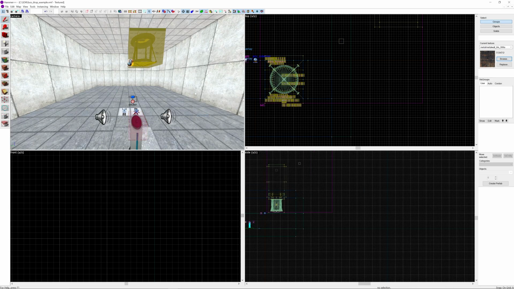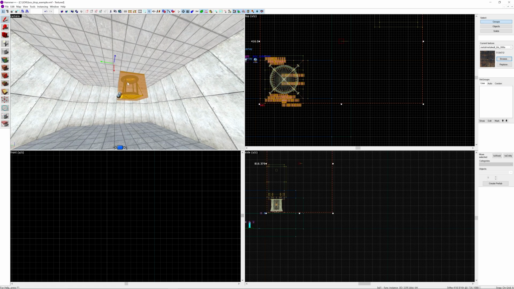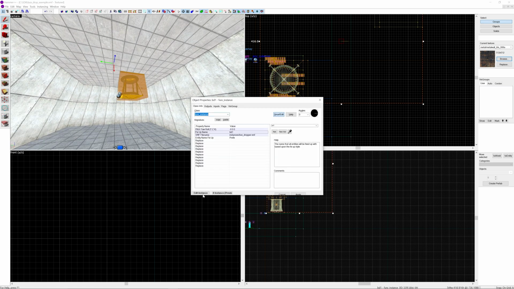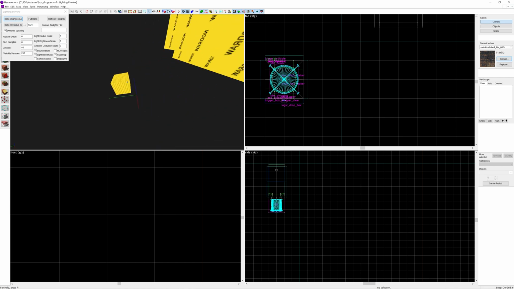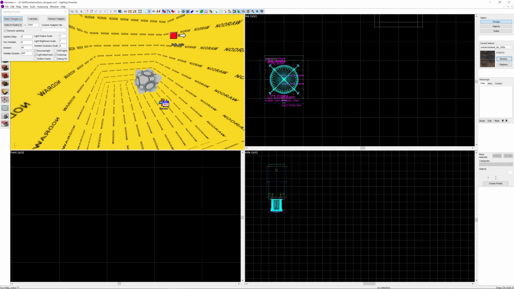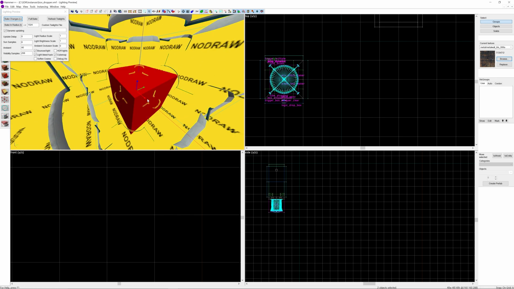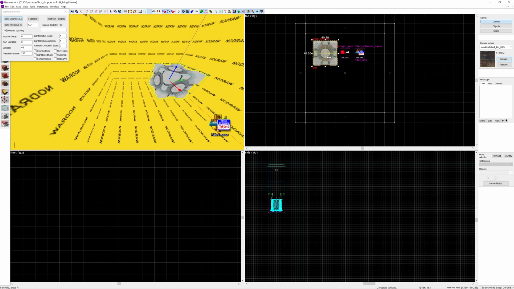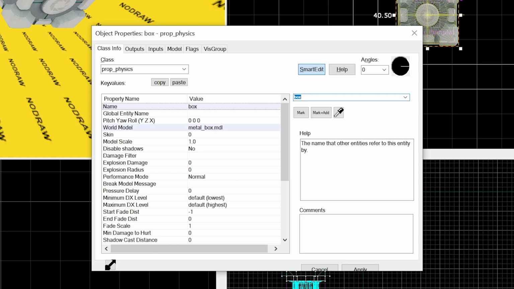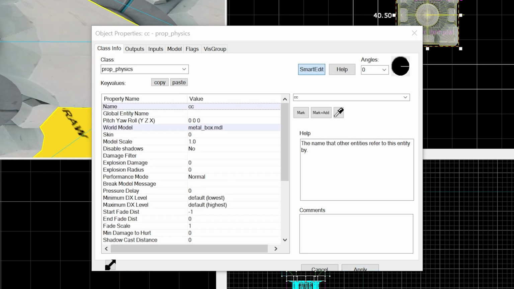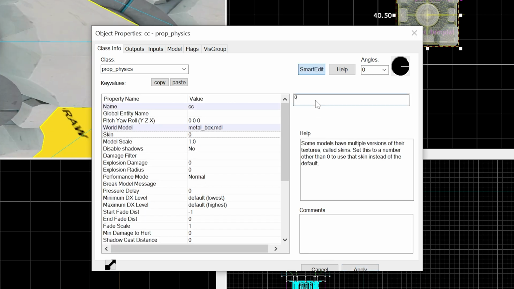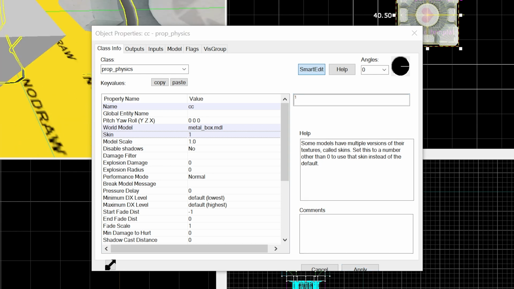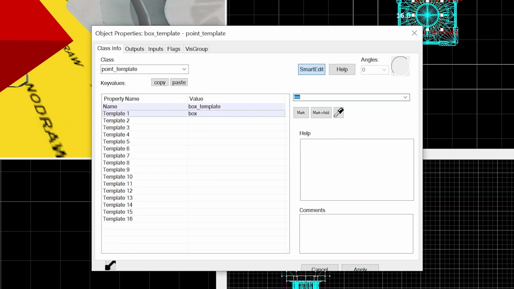Now an extension to this that I did do a while back was to actually expand on this to cover stuff like the weighted companion cube as well as the standard storage cube. So effectively what you can do is just duplicate the box in the template, but call the box CC for companion cube for short. Give it a skin of 1 because that's what the companion cube, you know, has, and then